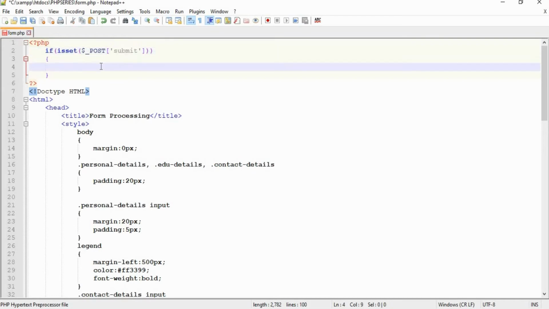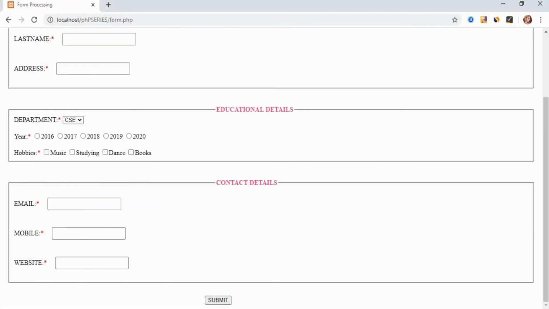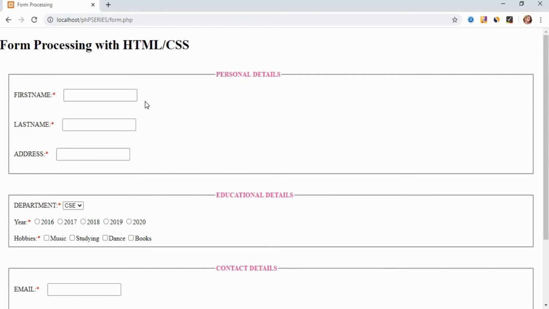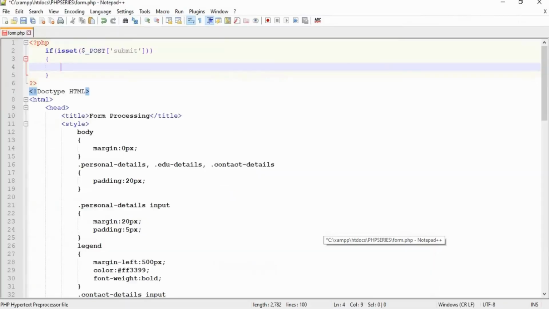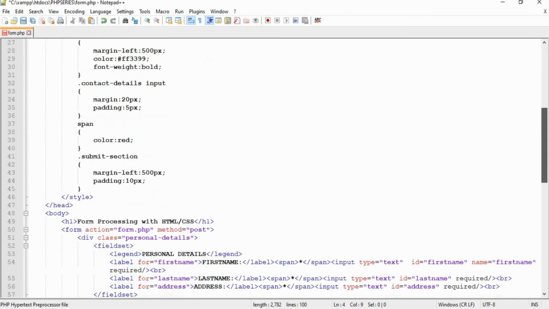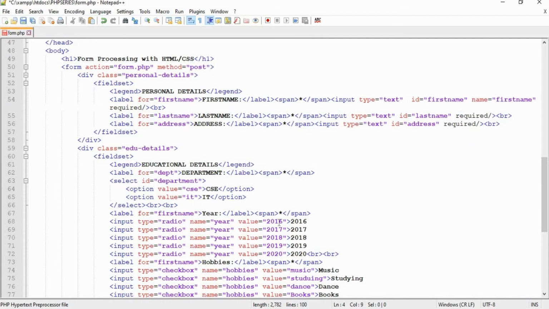So if that particular button is clicked, what we have to do next is ensure whether the user has filled all the mandatory fields, right? For that, either we can use PHP to process that, or we can simply use the attribute which is required.